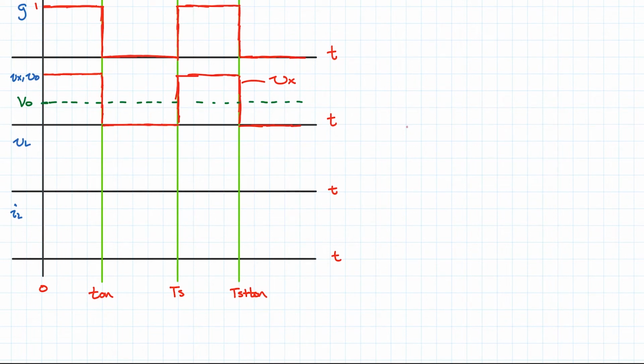Because we know that VDC is greater than VO. VDC minus VO is the positive end, and then it's going to go to minus VO. So we know that since VDC is greater than VO, there will be some asymmetry in the actual waveform. So if I draw the actual waveform, what you would see is that this will vary between,